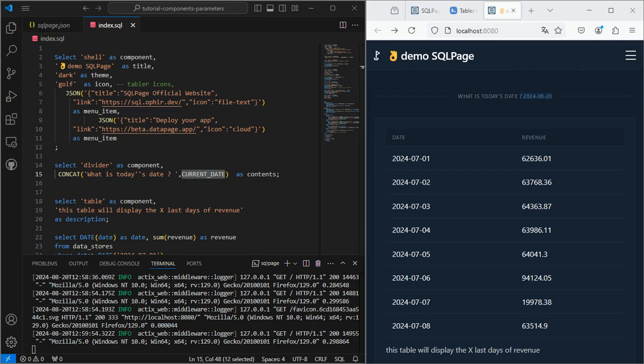Another component that is useful for the home page is the hero component, as it displays a large title and description for your page with an optional large illustrative image. Let's use it.